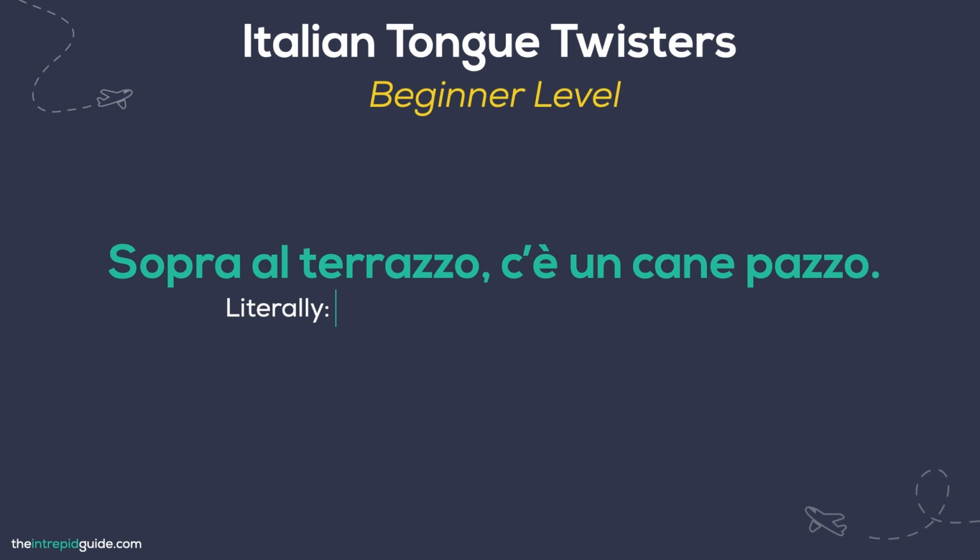Coming in at number 10, we have the Italian tongue twister. Sopra al terrazzo c'è un cane pazzo. Which literally means, on the balcony there's a crazy dog. Here's another chance to nail those double consonants, particularly the intriguing double Z sound, which is pronounced sharp and snappy